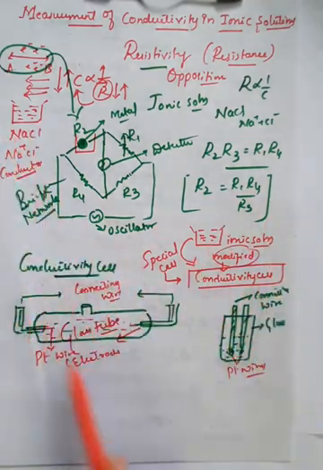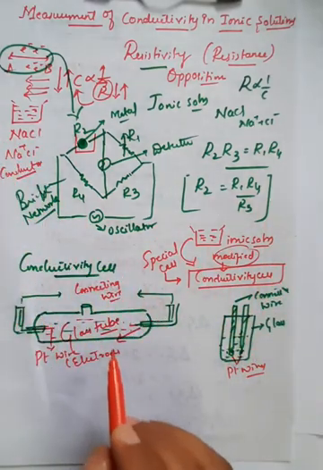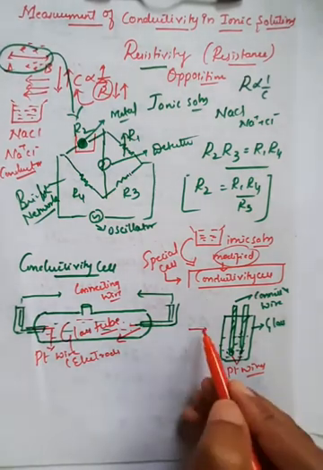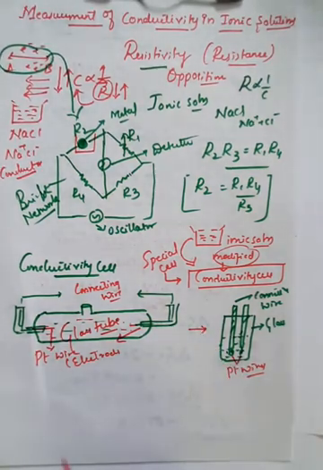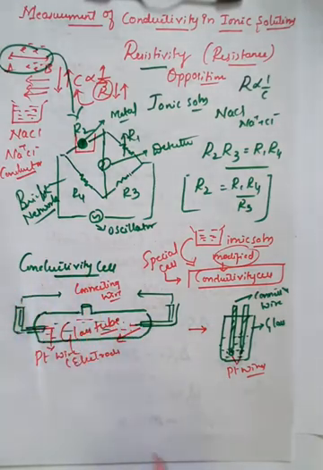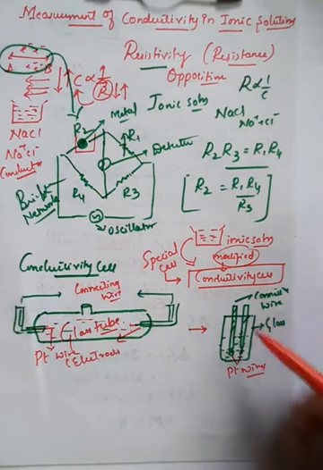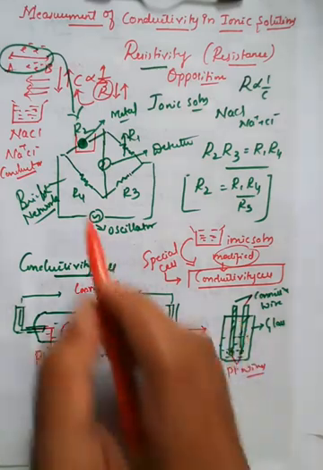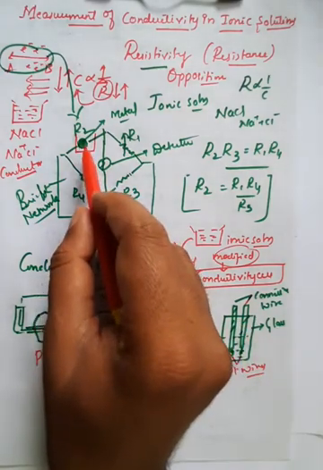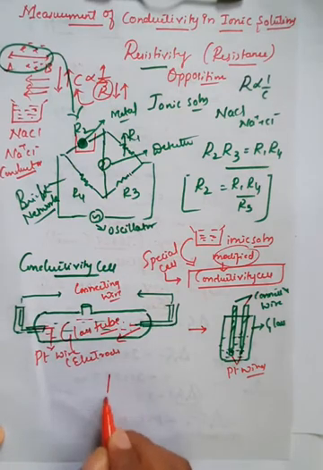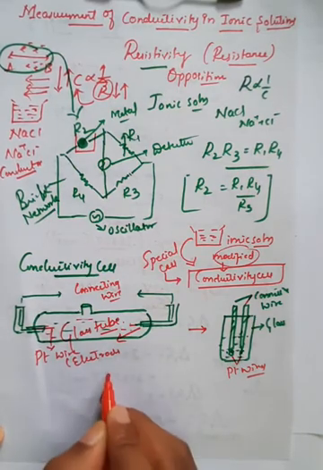Now, after converting the electrolytic solution we have taken in a beaker into a conductivity cell, this is the first type, and you can also convert it to this type. So there are two designs for the conductivity cell. You can design it in this form or in the second form. Further, we take this conductivity cell and fix it in the Wheatstone bridge. So here I will draw again. It is a detector.